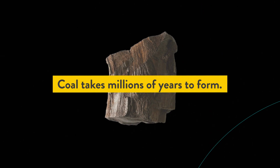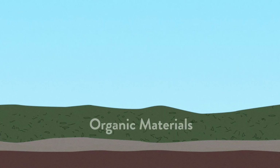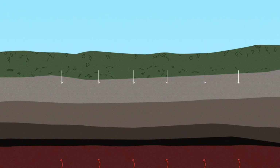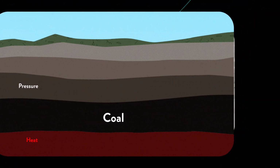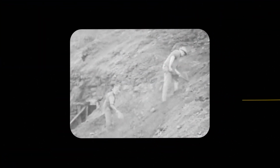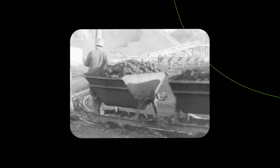Coal takes millions of years to form. It begins with plants, which capture and store the sun's energy during their lifetimes. If plants die and accumulate faster than they can decay, they are slowly transformed into coal under the pressure of overlying sediments. It's a fascinating journey that converts the energy of the sun to the energy we've harnessed over the